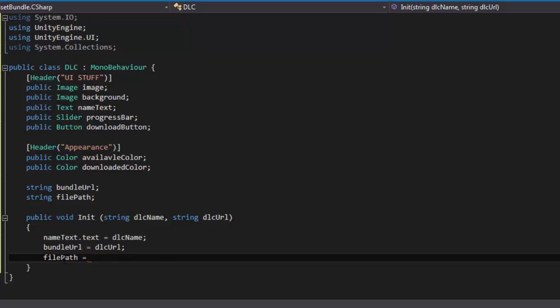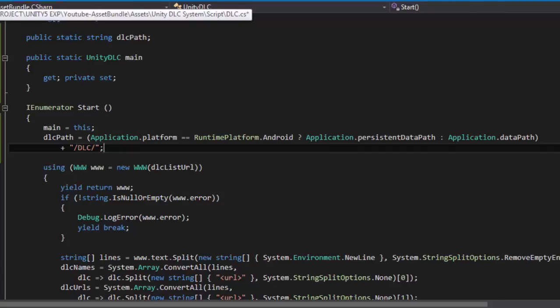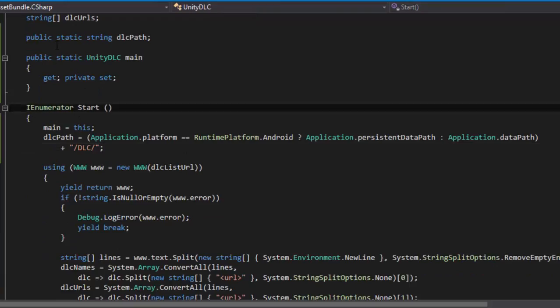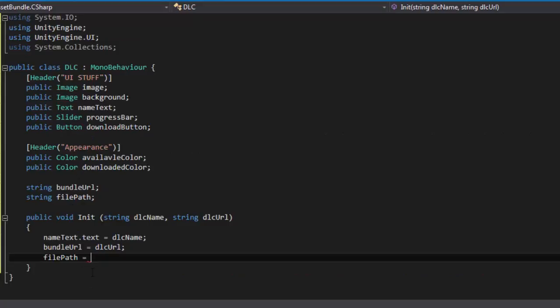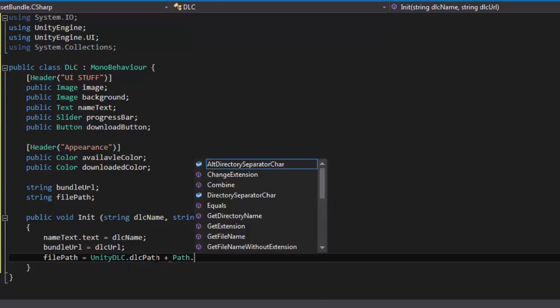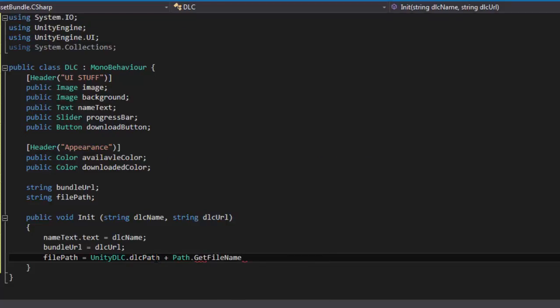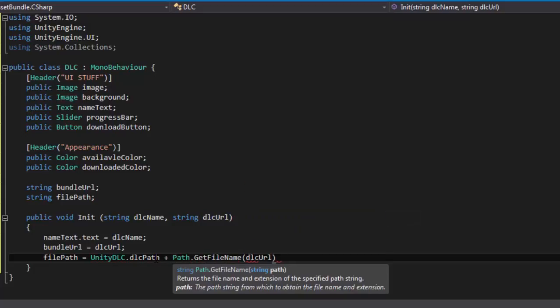Now we can fill this file path with, first I'm gonna need to reference, no, because the dlcPath is a static variable, then we can get it from here without even has a reference to the UnityDLC component. UnityDLC.dlcPath plus Path.GetFileName dlcURL,